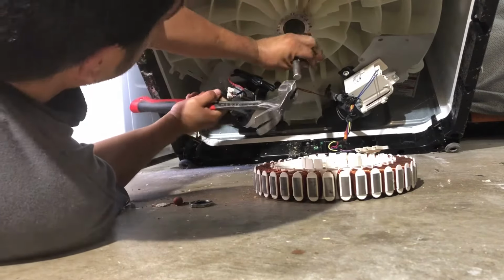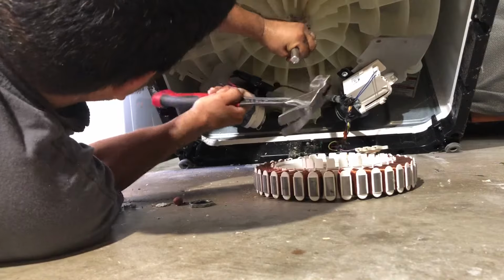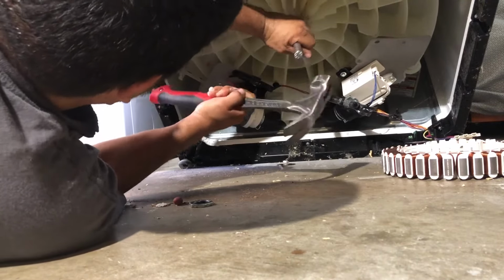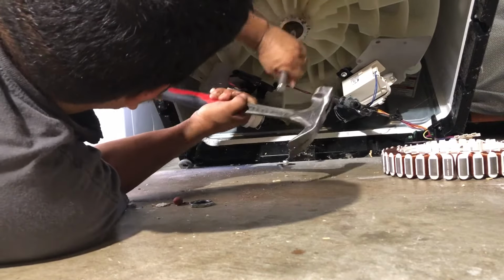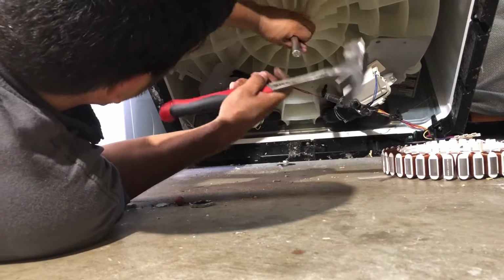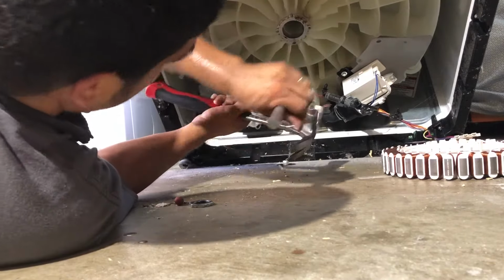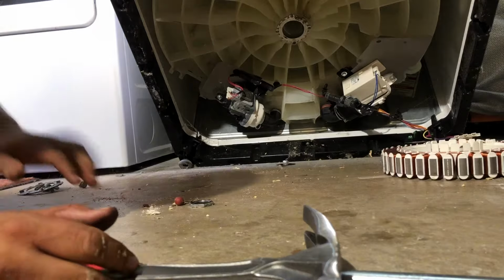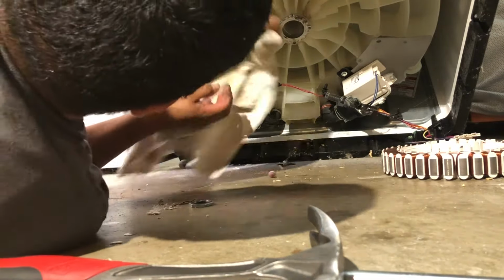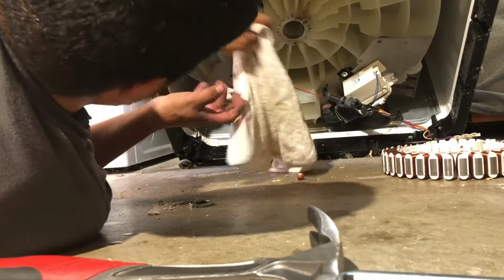So at this point, you go to the side, like a cross. And be careful not to hit yourself. There you go. And you can feel it when it drops. So you want to grab your rag and just clean up all the way around. That way there's nothing in here to mess with the